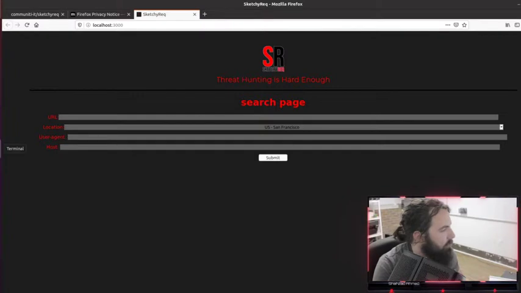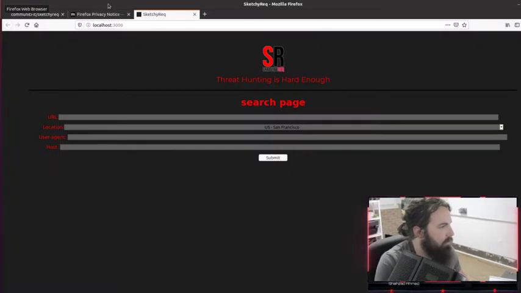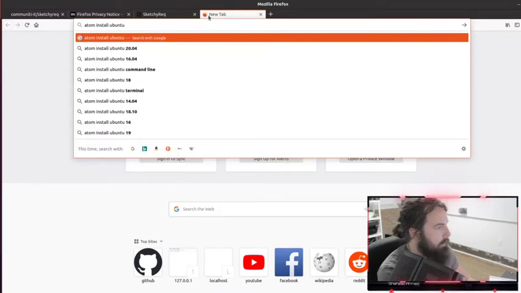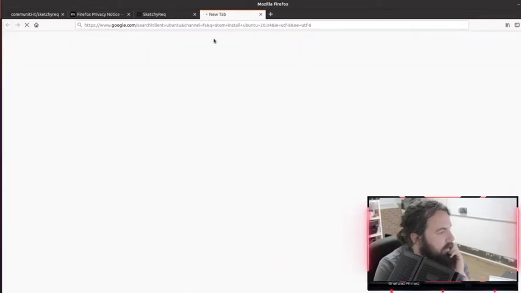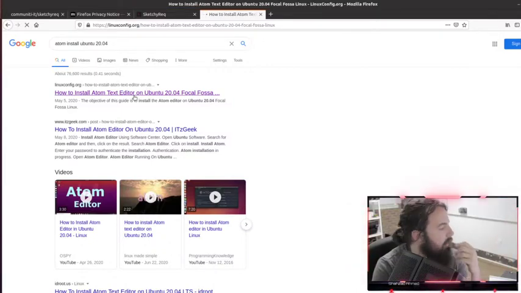So first, I actually forgot to do something, which is not shocking at all if you know me. We need to install Atom, because that is by far the best development environment. Not great music. So we're gonna grab Atom real quick, because that was just something dumb that I forgot to do before stream. I remembered to download every single other dependency except for my IDE. So go me.